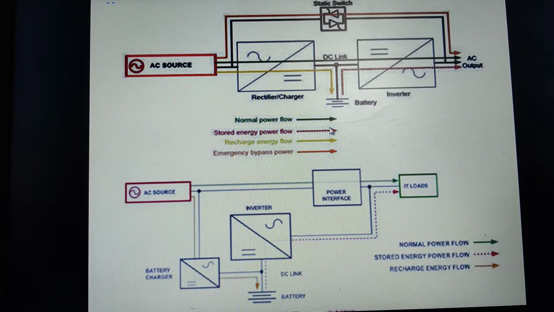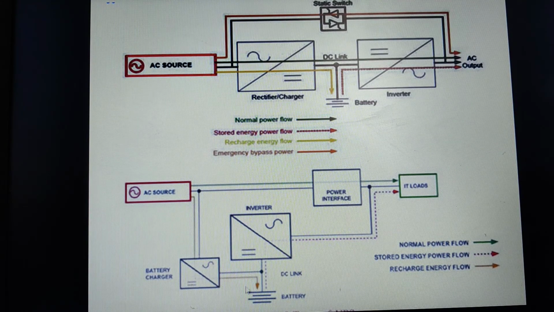Okay. So what is the difference between online and offline UPSs? In an online UPS, irrespective of whether current is there or no, it has to pass through the online UPS. That means it has to pass through the battery. From its inverter only we are able to receive the power supply. But in case of offline, it is not like that. Directly the power supply will be flowing to the computer system.